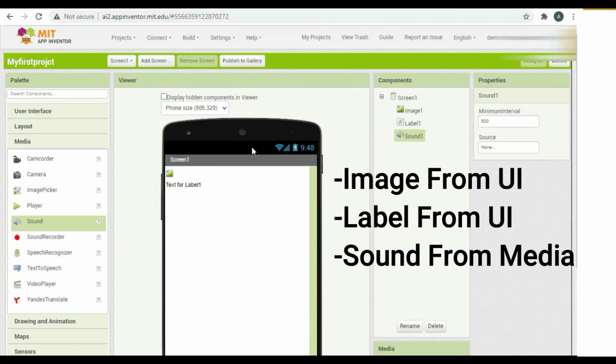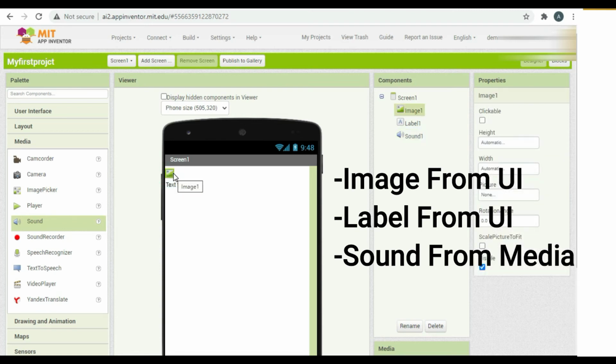And now we have to first select the image for image 1. So you have to go to Google, open a new tab and type clapping images, and once you get the results, download an image and put it as the image for image 1.